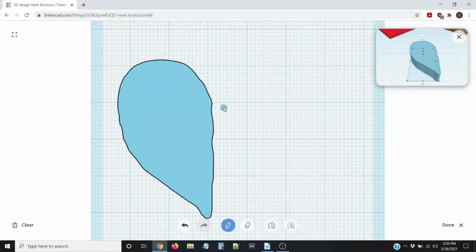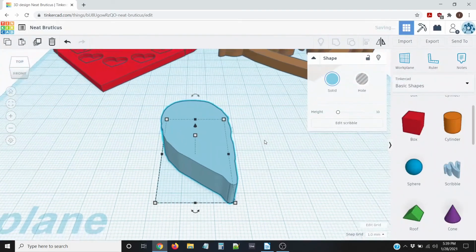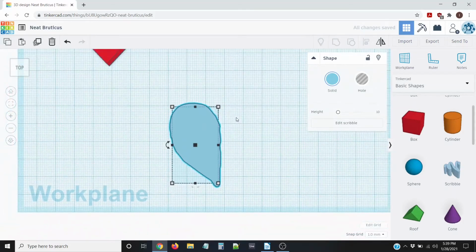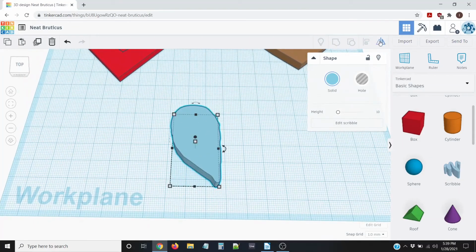We're going to take a look and see how we can mirror this and how it's going to look once we do that. So I'm done right here, so I'm just going to click done, and we're going to zoom out and go to the top view right now. So now we'll use the duplicate and repeat tool to make a copy of this. Click here, duplicate and repeat. So the duplicated part is actually still within this object. What we're going to do now is click the mirror tool up here,